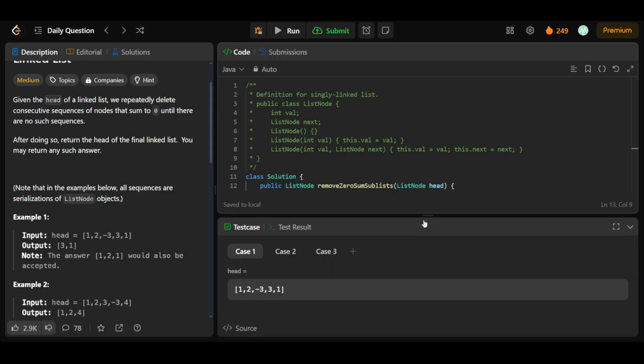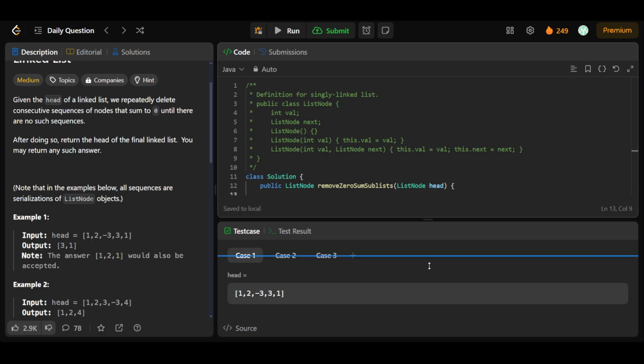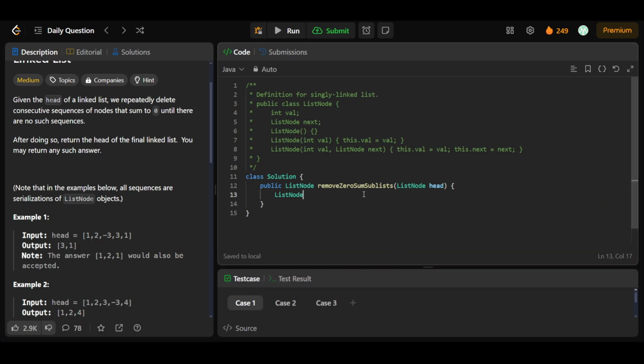And let's have a list node, dummy, that will be equal to new list node having -1 as the value. It's of no use and it will be pointing towards the head pointer. Now let's have a pointer, let's say start, that will be pointing towards my dummy. And then while my start is not equal to null,